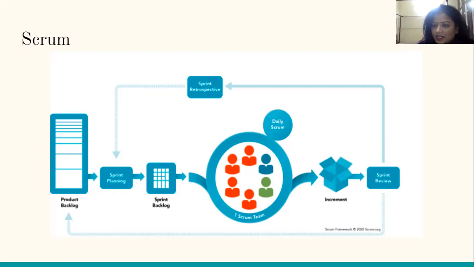Nowadays almost all software teams use agile, because no software is fixed, and customer requirements change a lot in no time. So we need to use the agile philosophy in our software team.